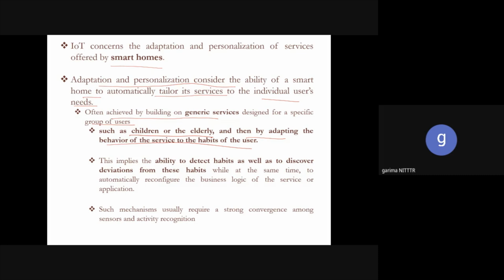They are basically working, they are having an exercise routine from this time to this time, they are having a breakfast routine, some nap routine, then again some exercise routine, and so on. So it means they have fixed habits, a fixed behavior in their daily life, and if they find some deviation from these habits, if they want to detect those habits and discover the deviations from those habits,